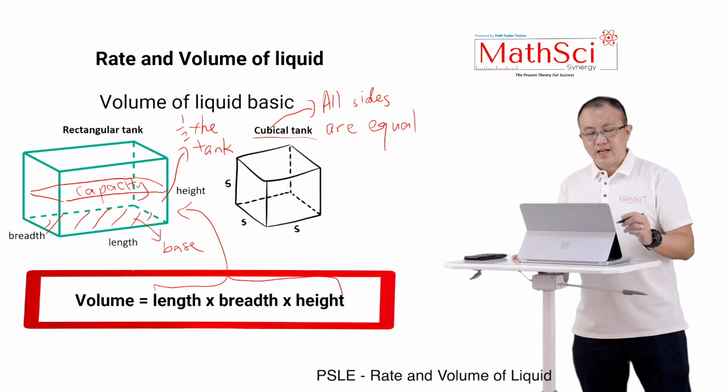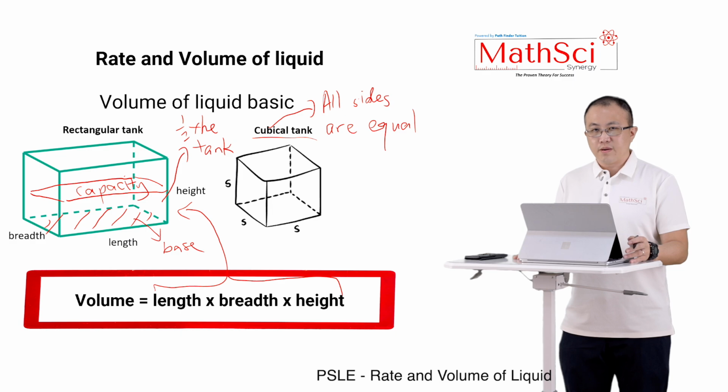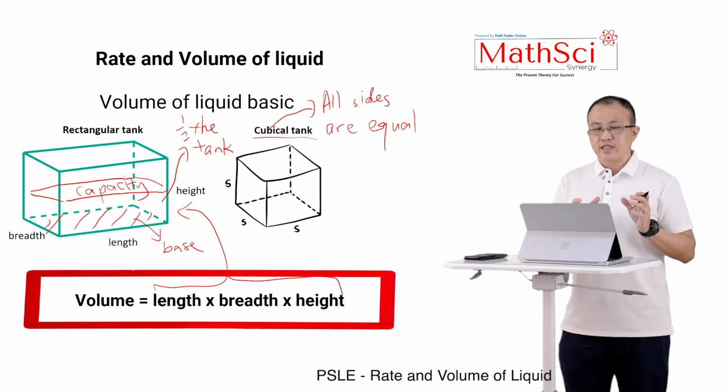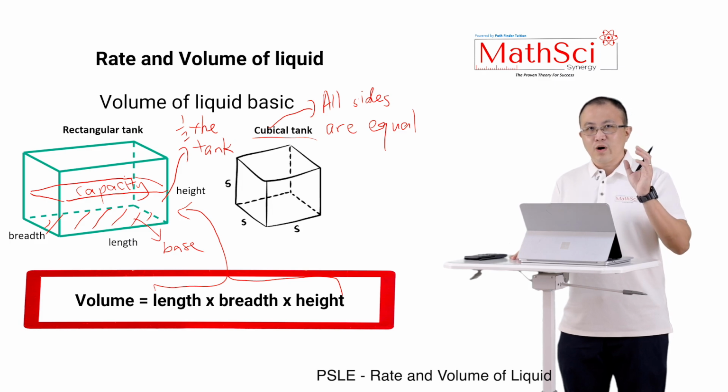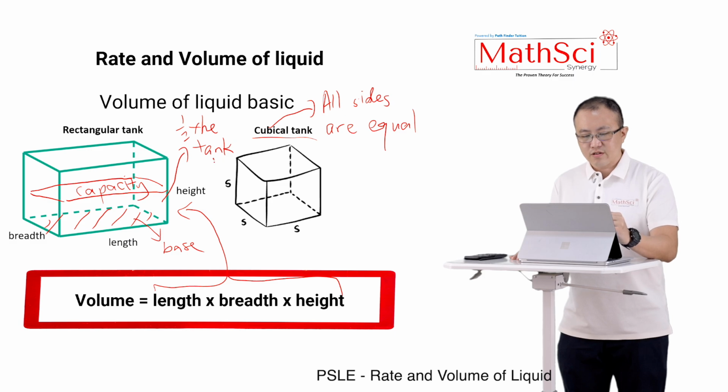So if you fill up half the tank, it means that whatever we have talked about just now will then be half. But really, when you say half the tank, apart from the amount of water inside being half, you can also think of it this way, which is useful for you, because often in questions like this, they will talk about half the tank, 2/3 of the tank, 3/4 of the tank, and so on and so forth, right? But what they really meant is that, at the same time, it also tells you that it will be filling up half of the height